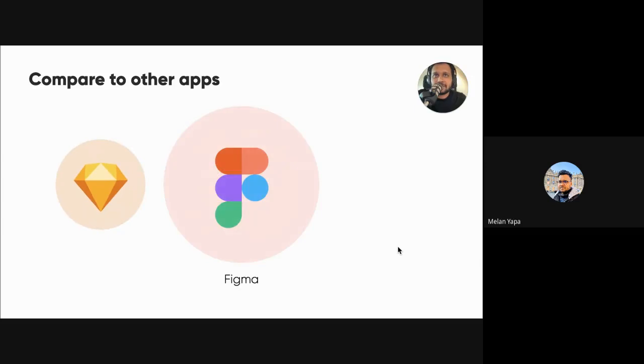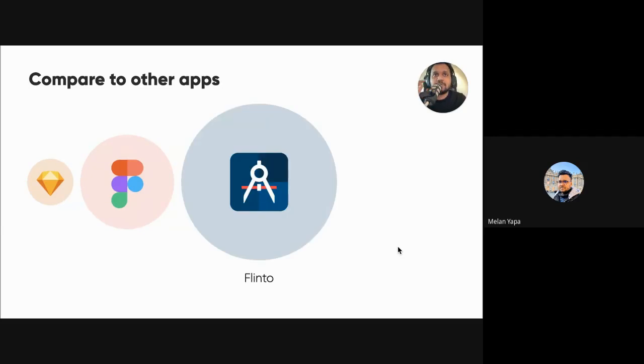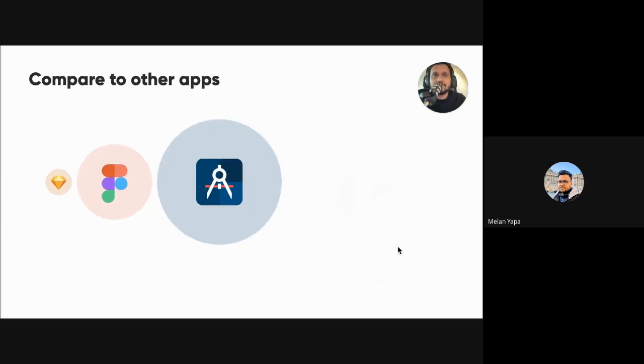When we compare Sketch to Figma, Figma has more capabilities in prototyping. Moving on, this was my previous favorite prototyping tool before I started using ProtoPie. It's Flinto, and it has more. Moving on, I think you guys know Principle. It has some extra stuff